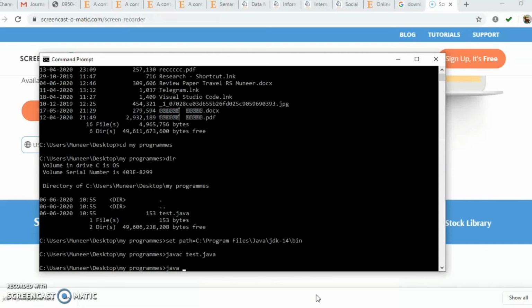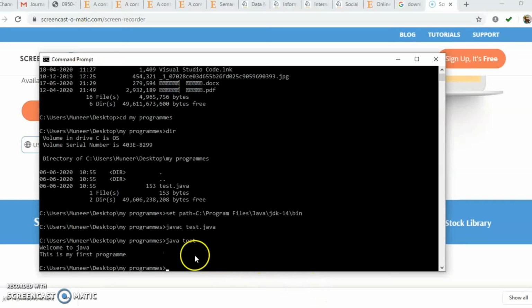So we have discussed that compilation is over. Now we are going to run our program. Run means interpretation, the second phase of runtime. Compilation is over. Next one is interpretation. So in order to execute your program, you need to write the command java. Java would be enough. There is no javac or extension, something like that. You just type java with the program name, test. No need to write the extension .java or .class. Simply write the program name and click enter. It will give the successful execution.